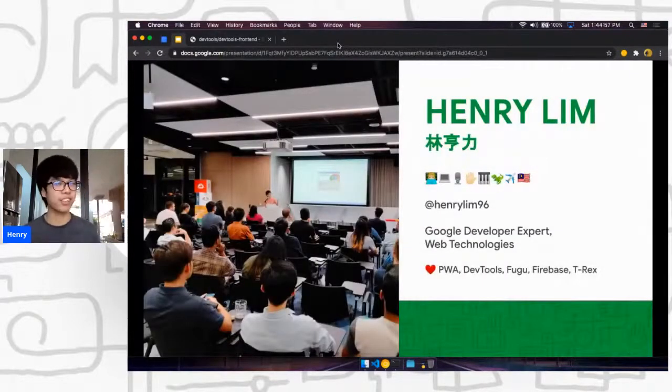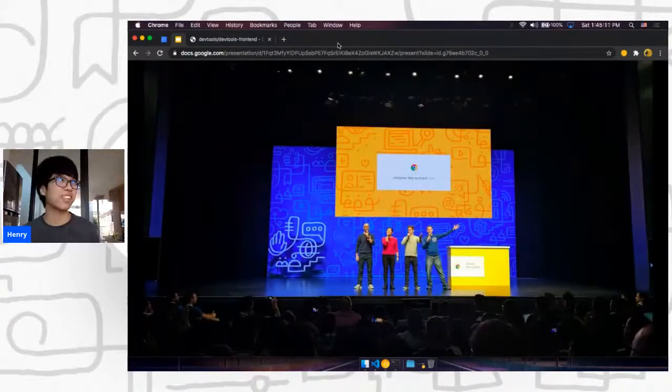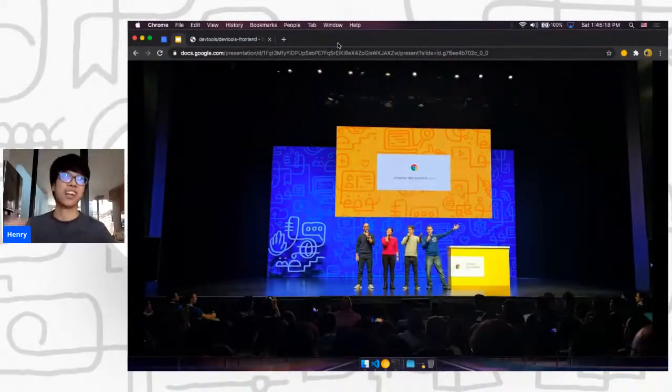So I'm Henry, as Julius mentioned just now. So this is me talking at Singapore, the La Coffee meetup. This one is not important because you don't care about me, you care about DevTools. So yes, it's kind of funny actually. The Chrome Dev Summit Extended happened like 6 months after the actual event, and the Chrome Dev Summit 2020 is coming soon, hopefully, but maybe not. Just like Google I/O, no one will know what will happen. Okay, anyway,